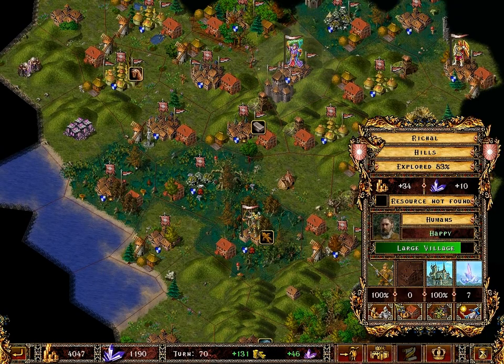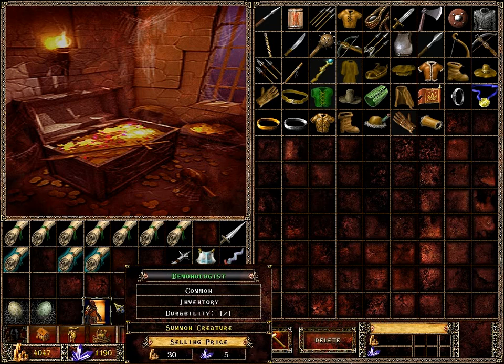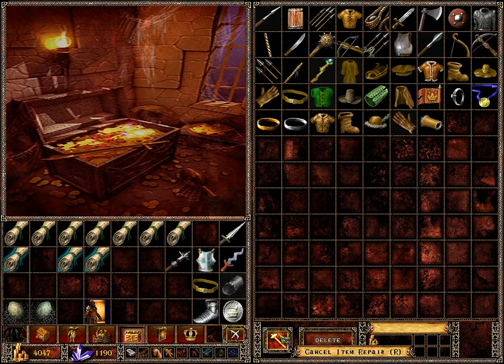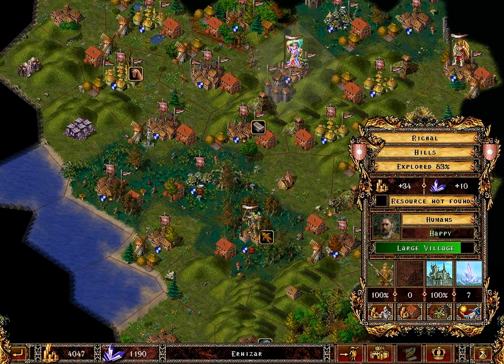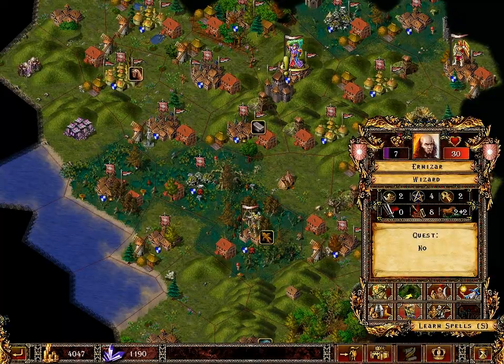Deal. We'll take them. First time I've ever seen this encounter. So we could add this guy, because we have, I think, the tier 2 chaos school. We can add him to an army. If I add him to you, Urzanar...